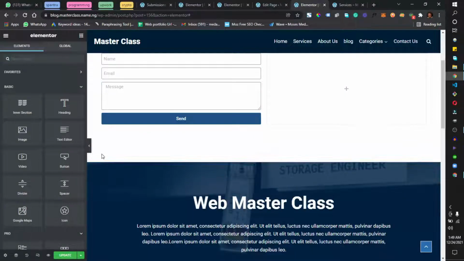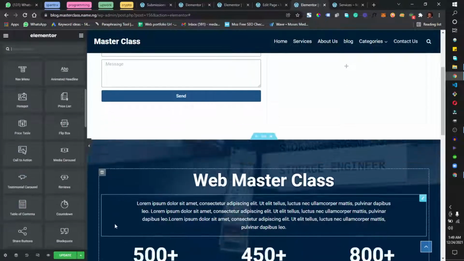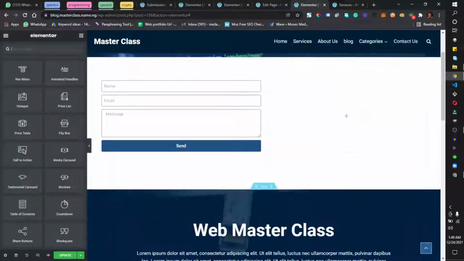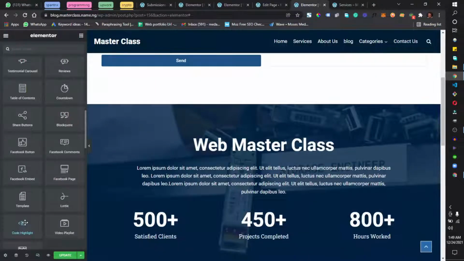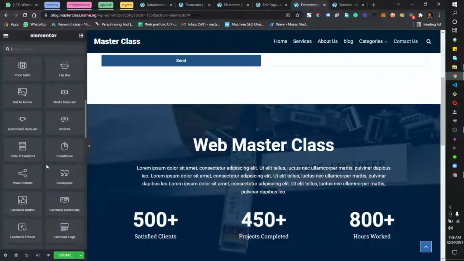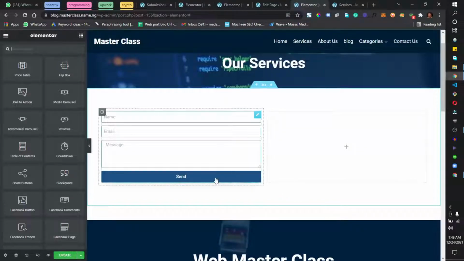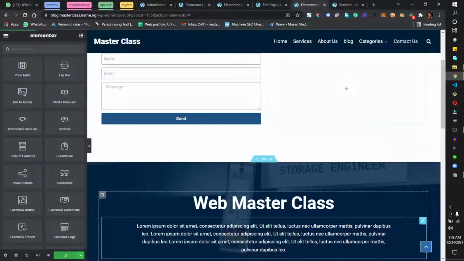But just play around with all these widgets. Though I'll still familiarize you with some basic widgets, for now just play around with the widgets and see which widget is used to do which. You can't be good at using something until you practice it, and I definitely can't show you how to use all the widgets. It is still the same process. Drag in a widget, set it, go to style it, and advanced, give it padding, margin. Still the same process. I'm going to click on update